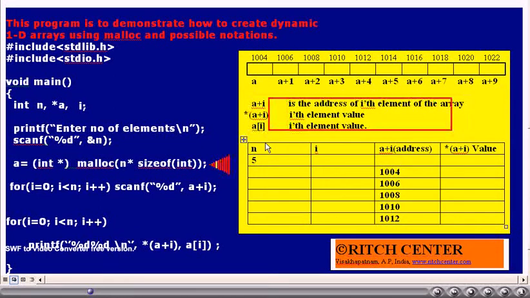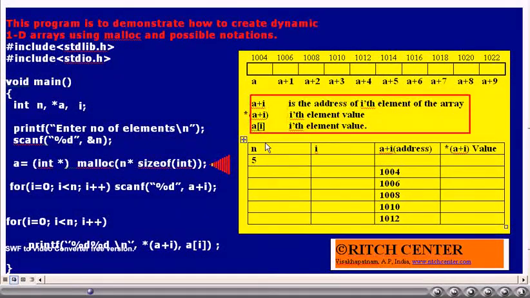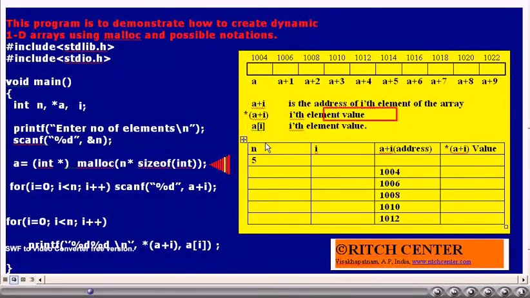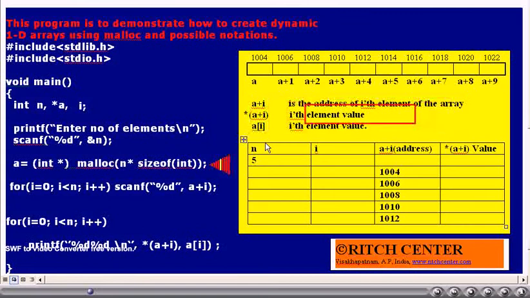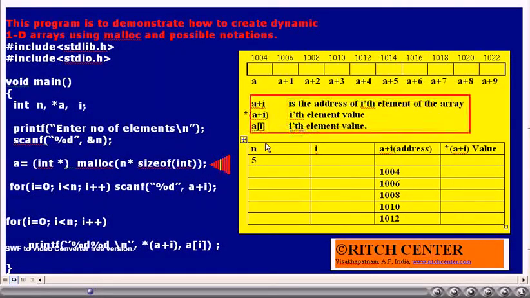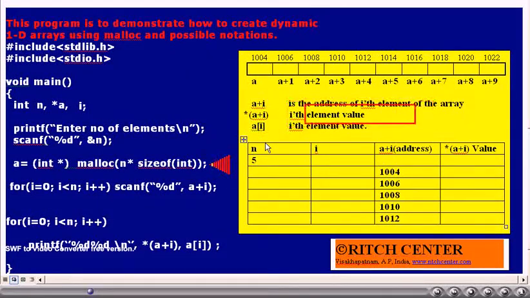Similarly, star of A plus I is the value of the ith element of the array. In this notation, star of A plus I is the same as A of I. That is, here also we can still continue to use the A of I notation of the language supported arrays.